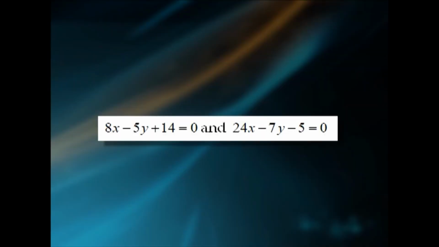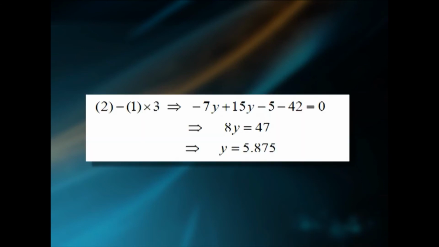8x minus 5y plus 14 equal to 0 and 24x minus 7y minus 5 equal to 0 are the regression equations. Hence, 8x minus 5y plus 14 equal to 0, let it be number 1, and 24x minus 7y minus 5 equal to 0, let it be number 2. Equation number 2 minus 3 into equation number 1 implies minus 7y plus 15y minus 5 minus 42 equal to 0. This implies 8y equal to 47, that implies y equal to